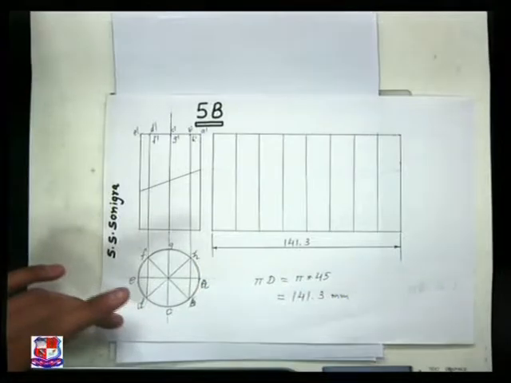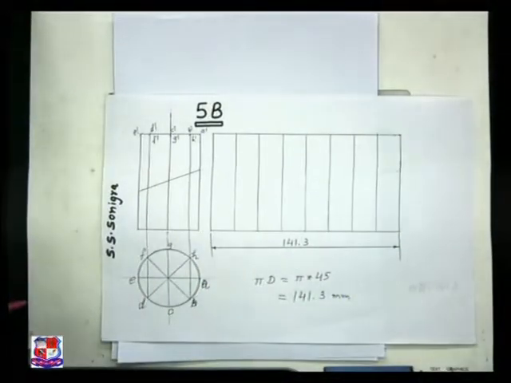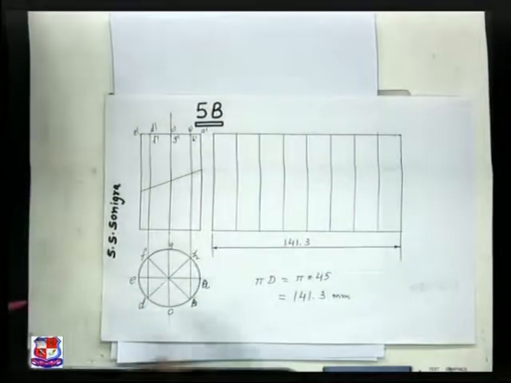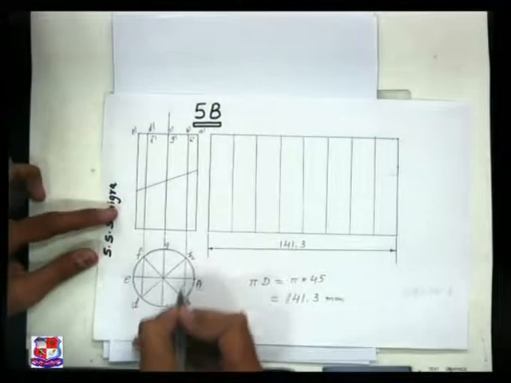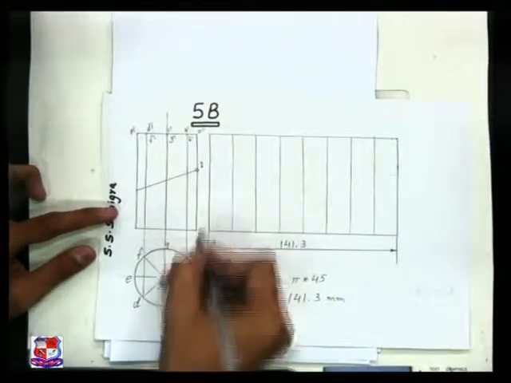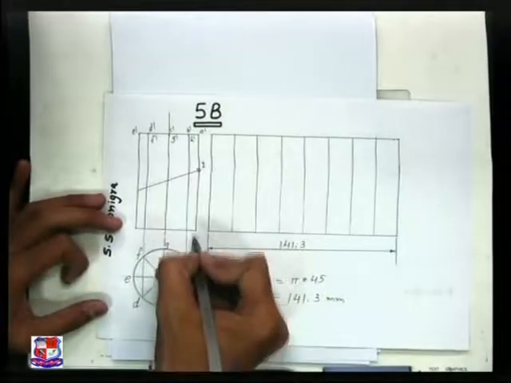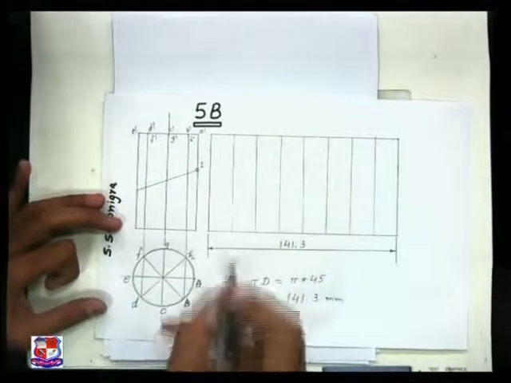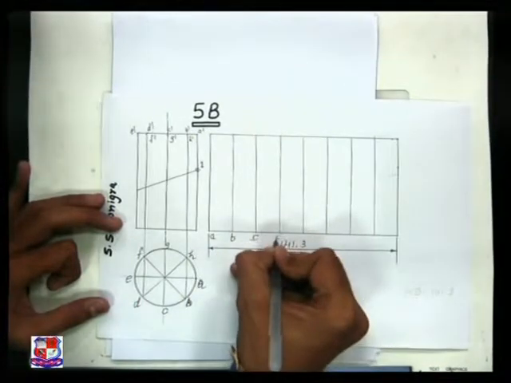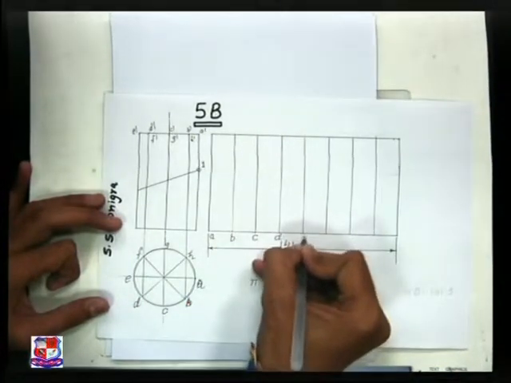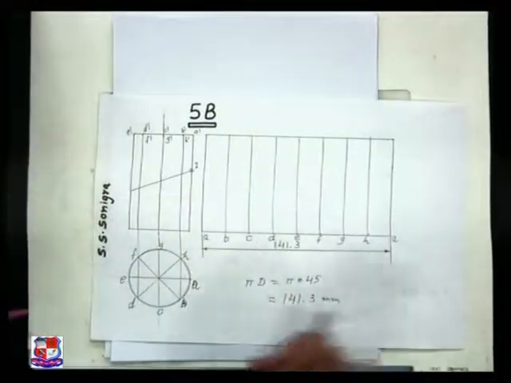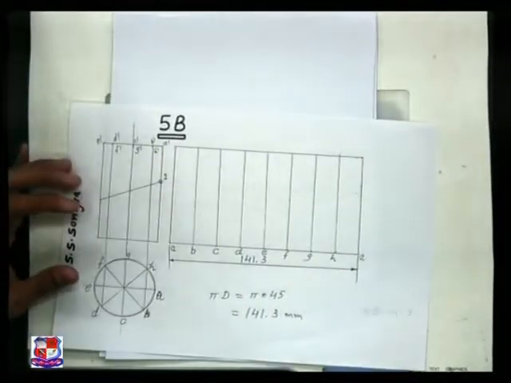After locating these points in the front view, the next step is to find out the points of intersection between the cutting plane and the imaginary generators. Let me start from here. Here is the first point, point number 1, that is on the generator drawn from A, that is A dash, on the cutting plane. So this is the developed portion: A, then B, C, D, then E, F, G, H and back to A. First and last would always be identical.